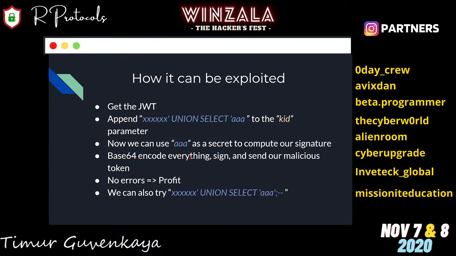Then base64 encode everything, sign, and send the malicious token. Don't forget to do the URL safe encoding. I'm not mentioning it here, but I think you already learned it. And no errors, profit. If it does not work, you can try this one. Basically, this means comment out everything afterwards.